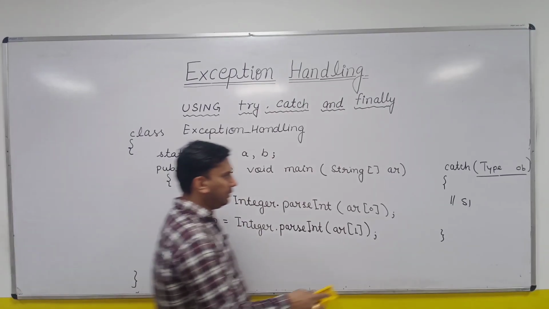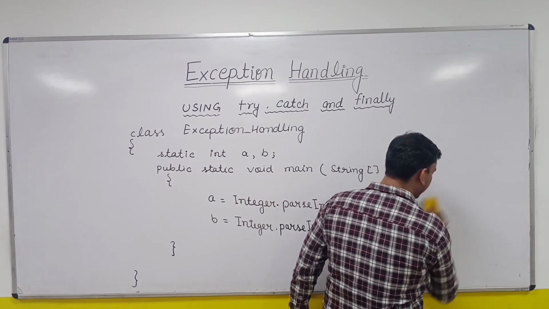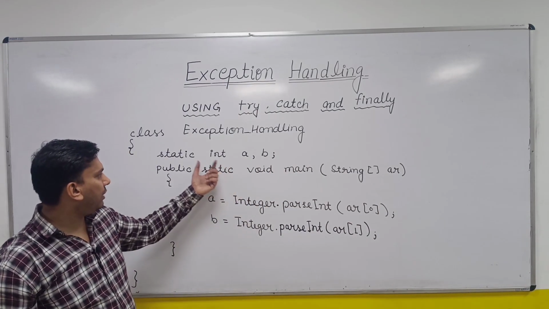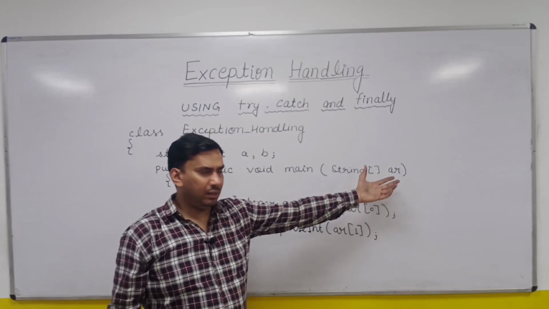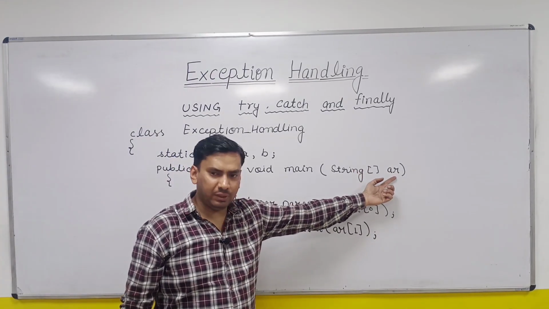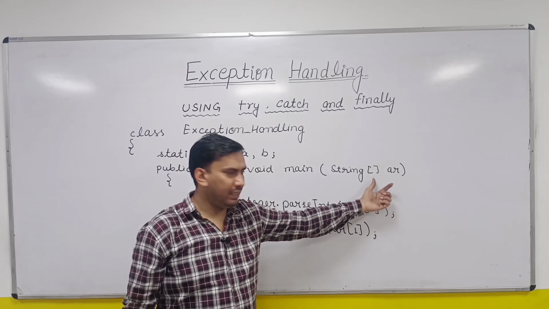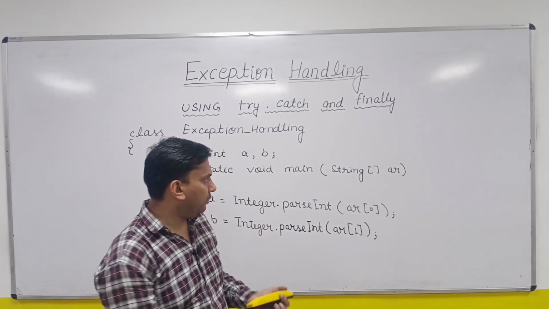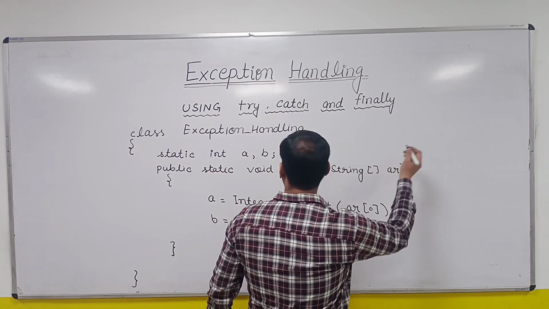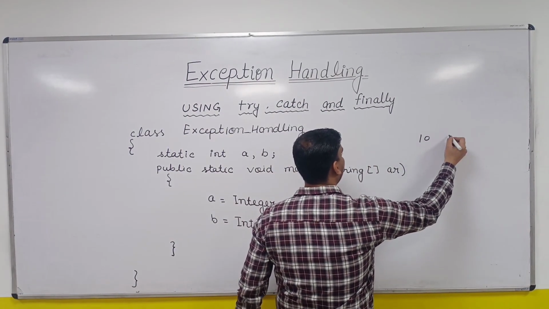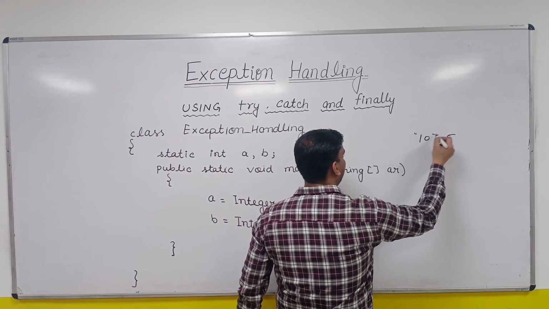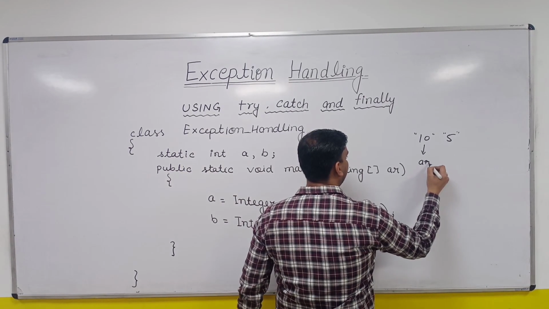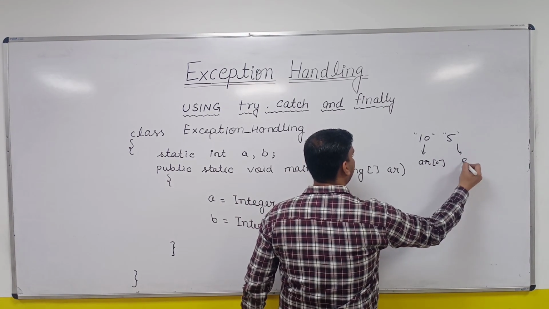So I have written this particular class in which we are trying to read two command line integer inputs. So I am reading two command line inputs from the console. So that will be stored in array AR. So AR0 and AR1, these are the two string type of values we will be having, because when you run this code, you will pass, let's say, some inputs 10 and 5. So 10 will become a string, it will become AR0, and it will go into AR1.